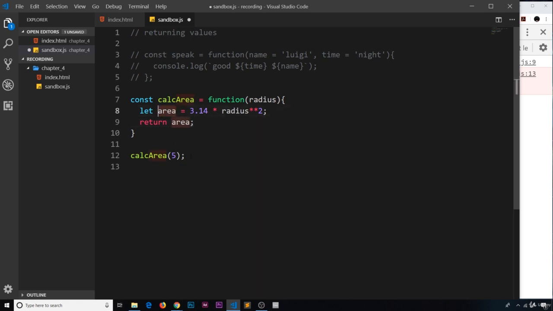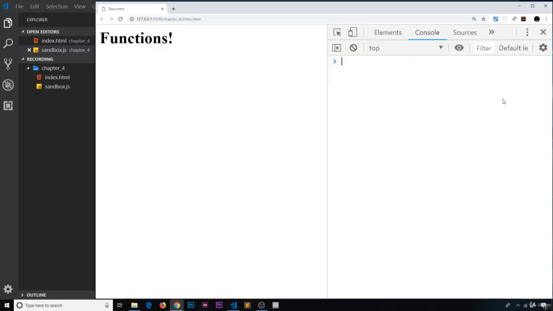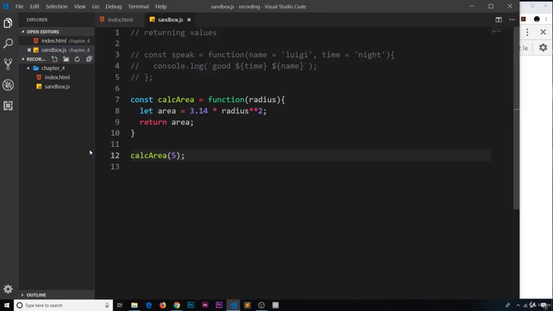So now when we call this, we're not logging the area to the console anymore. Instead, we're returning a value. Now what's going to happen? If I save this and come over here, we don't see anything. So what we need to do is take the value that is returned to us and do something with it. Now, when a function returns a value, what we need to do is store that value in some kind of variable. So what I'm going to do is say const area is equal to calc area and then pass in